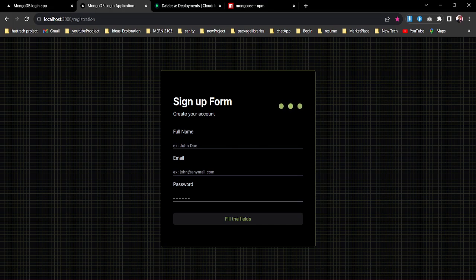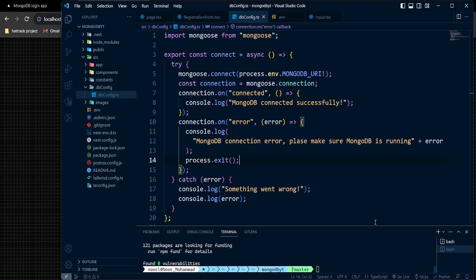So now we have the sign in form. Now what we need to do is create the API routes, right? Because we cannot directly talk to the sign in portion. And to do that, first of all, let's go to our